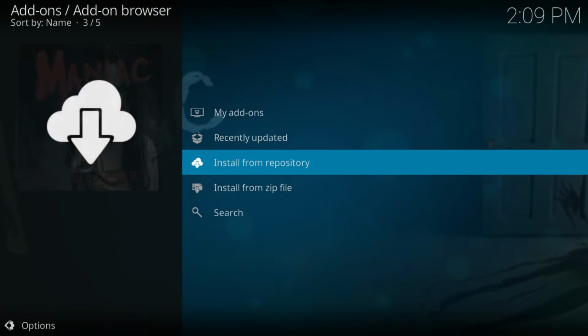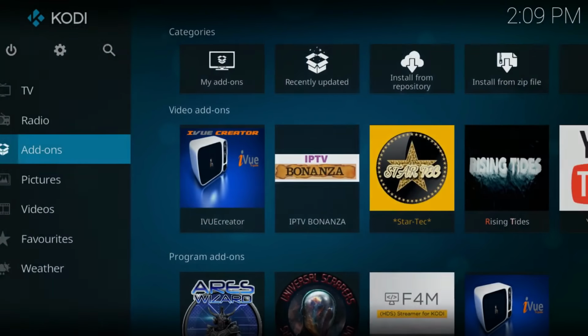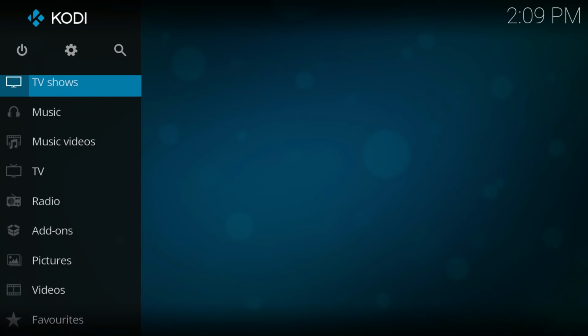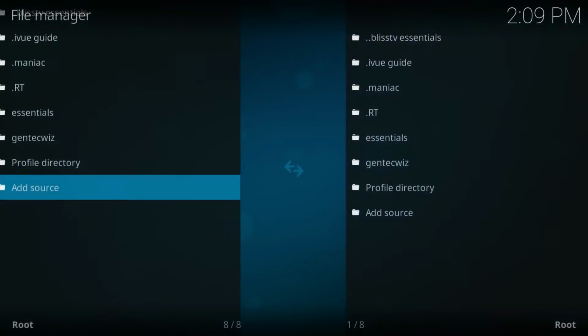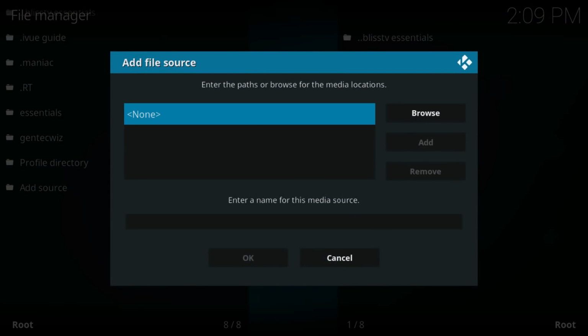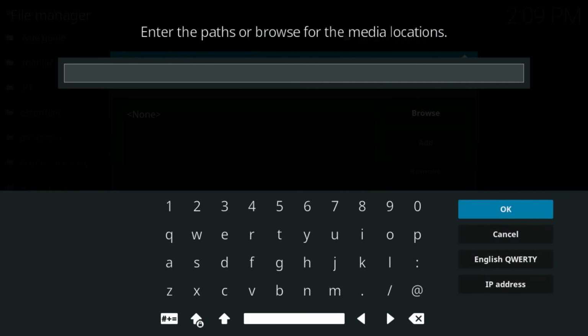where I will show you how you can minimize your buffering problem. Go to your Kodi home screen and select settings again, then go to file manager, select add source, select none, and type in the URL exactly like this: